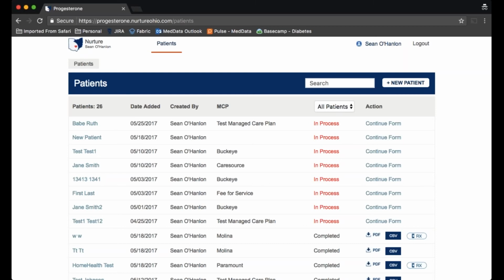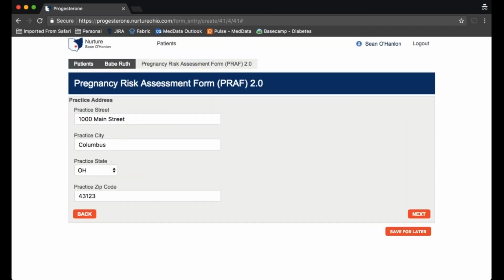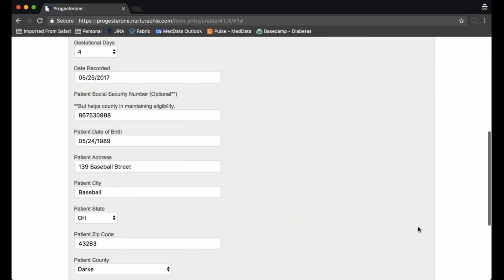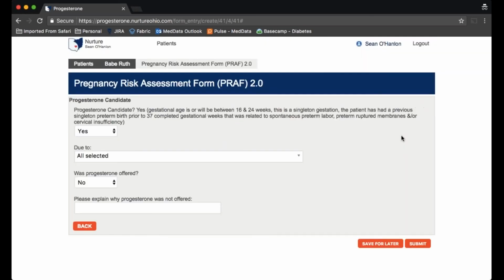We do have a request in the question box. Can you please go to the home health section? I'd like to see this in detail and the choices. Yeah, absolutely. So I'll just continue this form that I had started earlier. As I showed you before, it'll jump you back to that first page, and we'll advance to that part of the form. So on this page we will